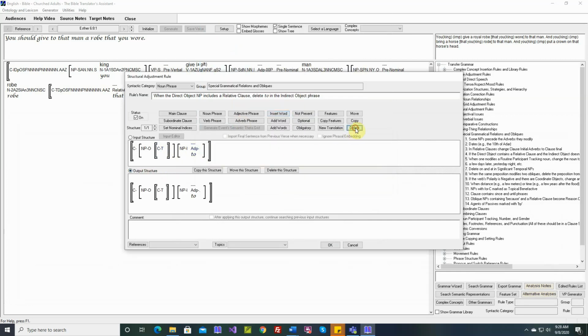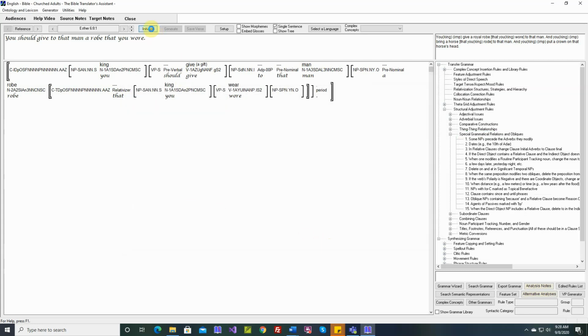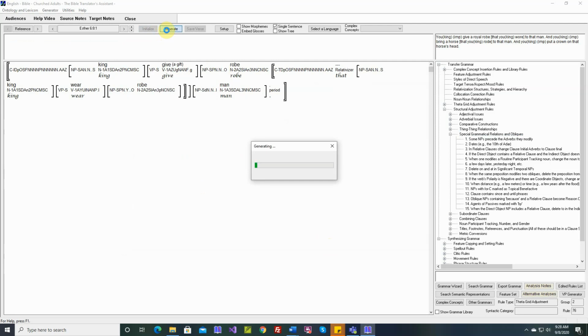And now we'll delete that "to." So when we have an object noun phrase that includes a relative clause and an indirect object, we will delete the "to." So we save that, and now when we execute this rule, when we run the grammar,